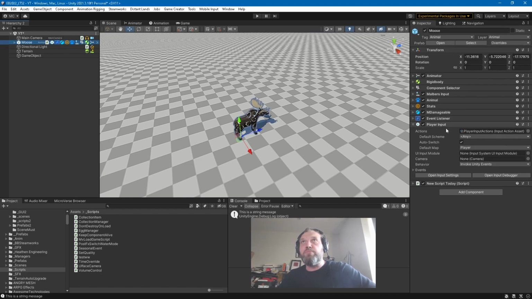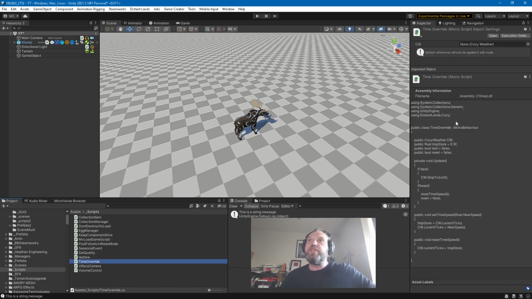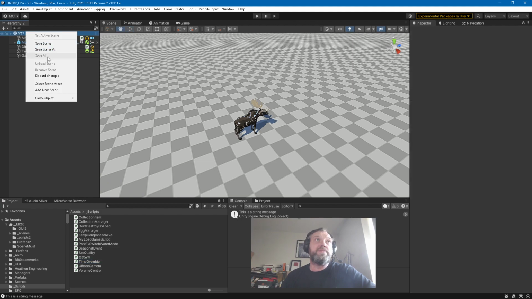So we already have our moves with everything set up. But to be able to skip time, we need something to interact between Distant Lands and the new input system. We already have the new input system part because we're just using Unity events. So between the new input system and Cozy Weather, we need something. We need to write a short middleware again. And from the old one, you can see I have this one called time override. But for this one, let's